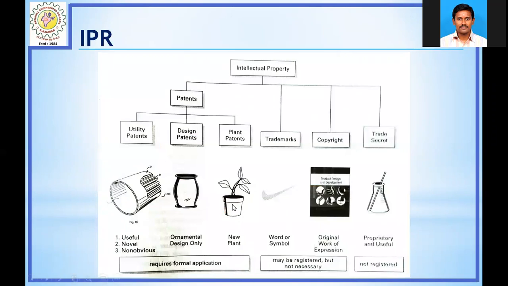So this can be found in various forms. Lot of forms are there in the intellectual properties. If you are going to protect the physical products, you can go for patenting. If you are going to protect the appearance of a particular product, you can go for design patent. And if you want to protect a particular plant variety, you can go for plant variety protection. And the same way, trademark, copyright, trade secret, everything are coming under the intellectual property. And the purpose of having the intellectual property right is to protect our product and prevent the copying of our technology by others. Others in the sense, maybe the competitor or anyone else.